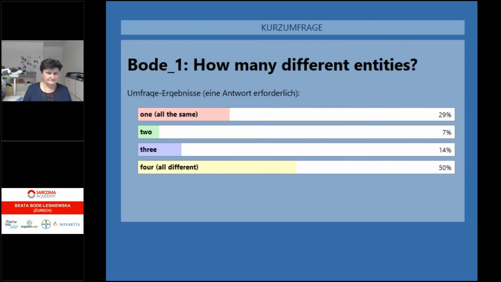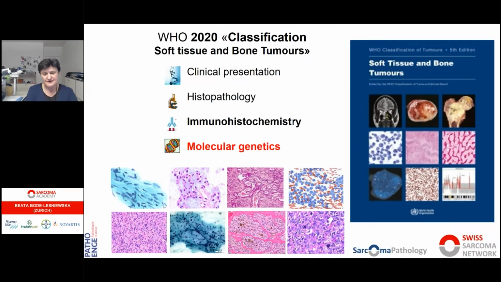So we have now the result. 1 is 29%, 2 is 7%, 3 is 14%, and all different, 4, is 50%. So all different is the favorite, with some having the 1 option. Okay, so let's go through